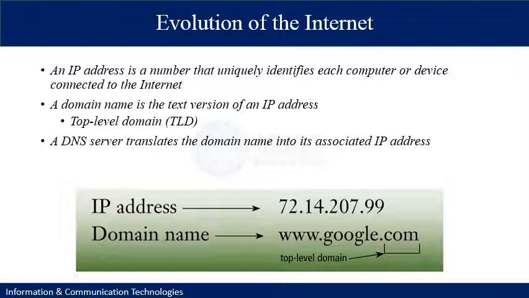So for example, we have a domain name of www.google.com, and it is a top level domain at this point. You can have lower level domains such as .pk, .uk, etc. And this domain name is mapped to an IP address which, for example, Google may host. We have used an imaginary IP address here. This may not belong to Google.